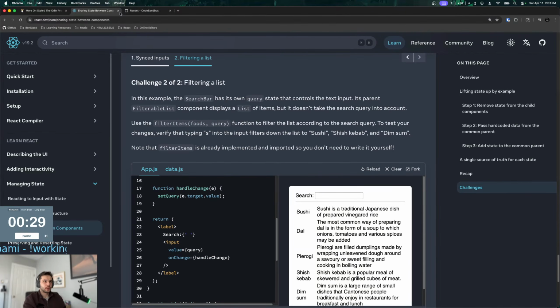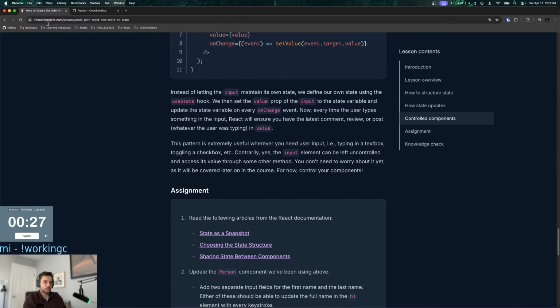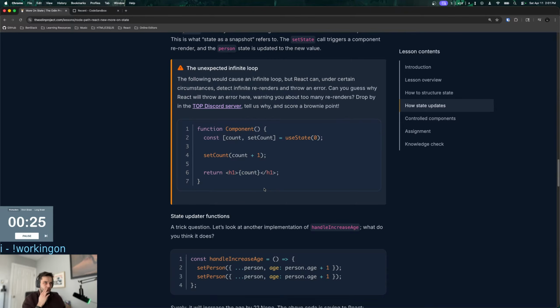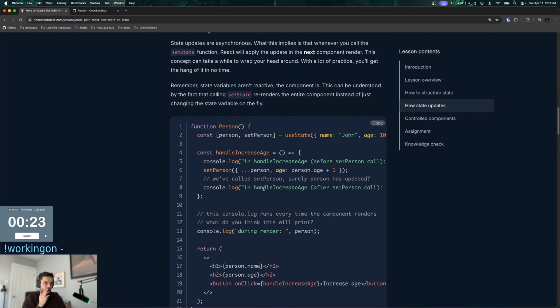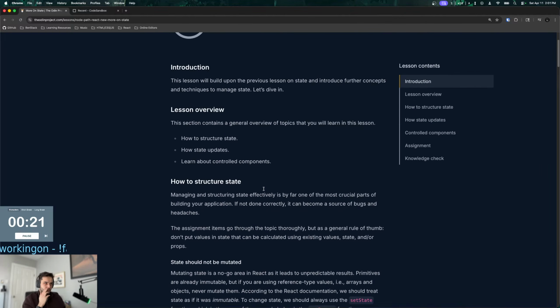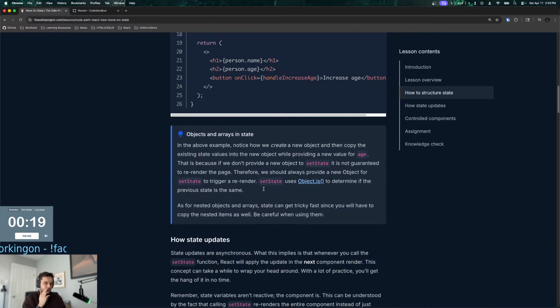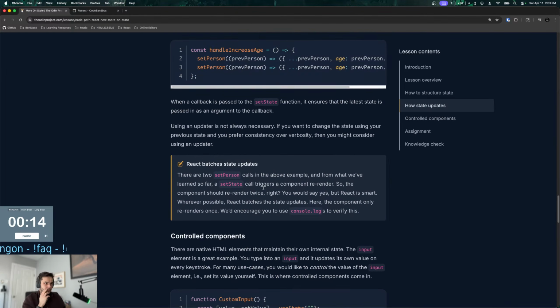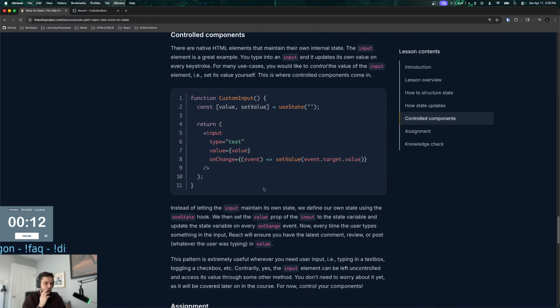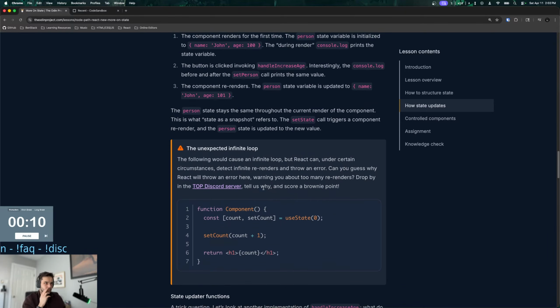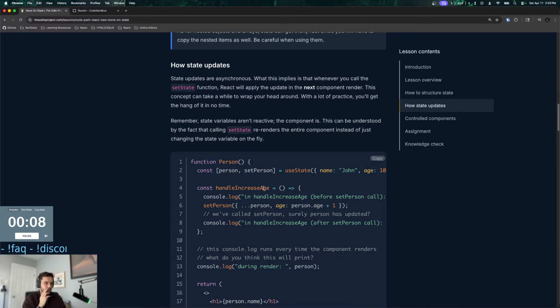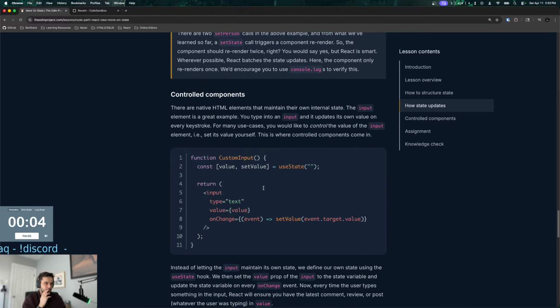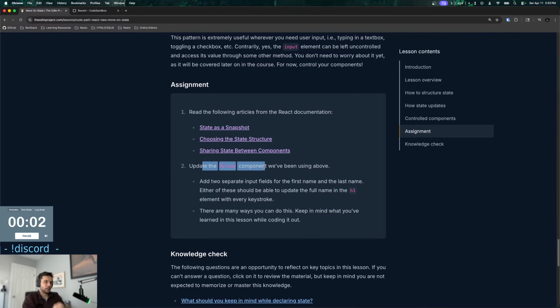All right, so let's go to this. I don't know what I'm going to call this. Update the person component we've been using above.